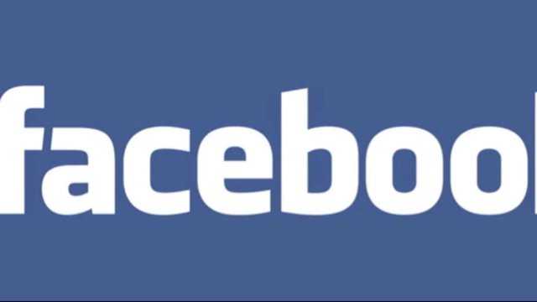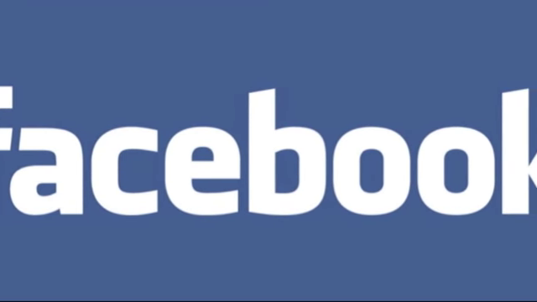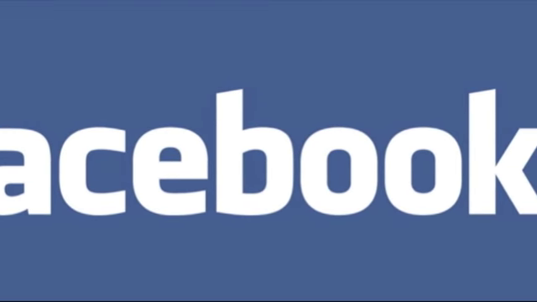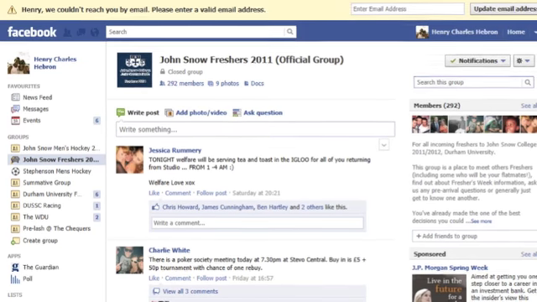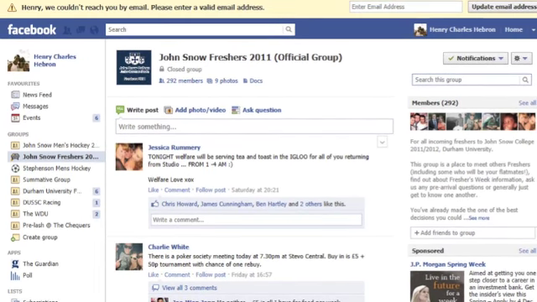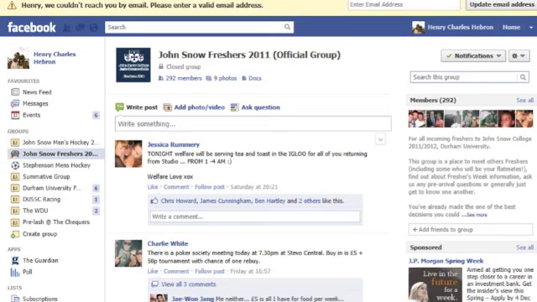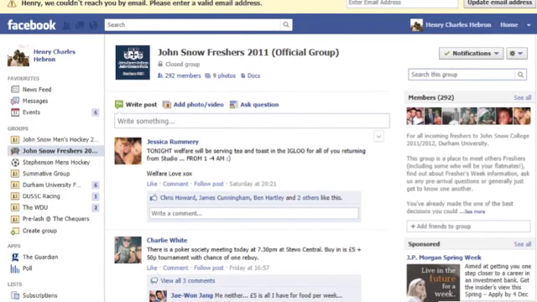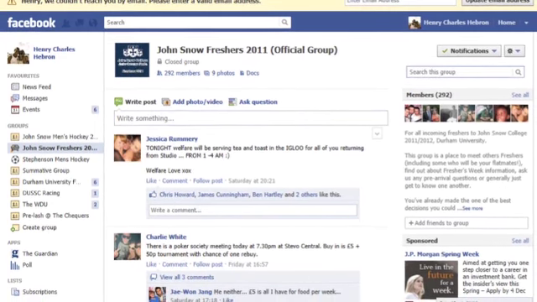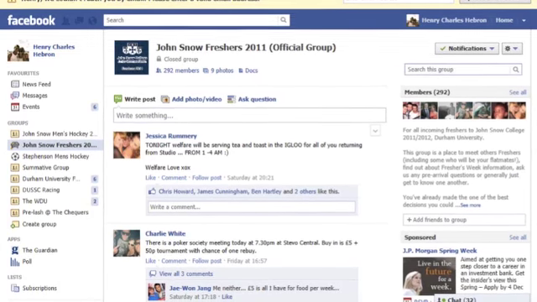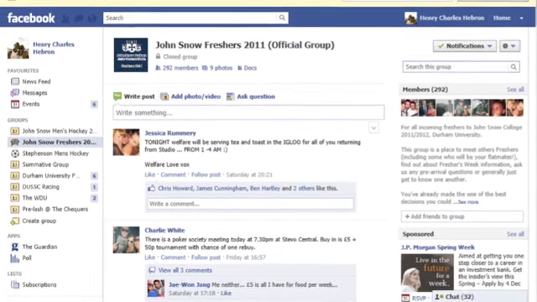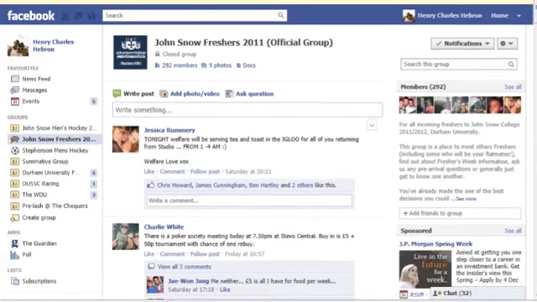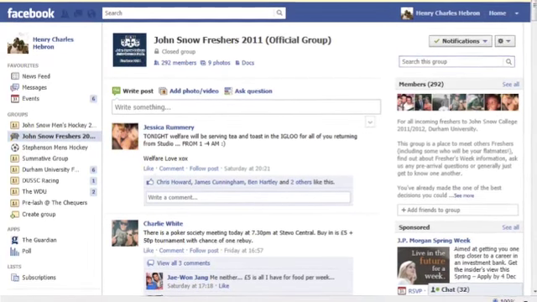In terms of rationalisation within technology, social networking sites such as Facebook are also key in organising someone's life at Durham University. For example, John Snow College has its own Facebook Freshers page which tells you when various events occur, such as sporting fixtures and social events. All the other colleges have this, and I believe this is rationalisation in terms of technology. Both Duo and Facebook are two technological ways of organising a student at Durham University.